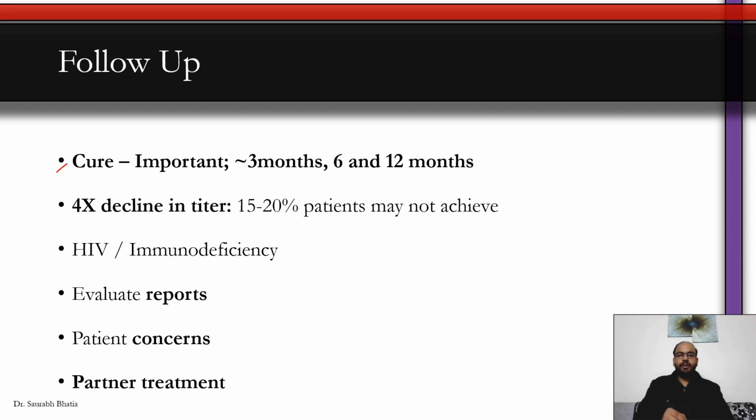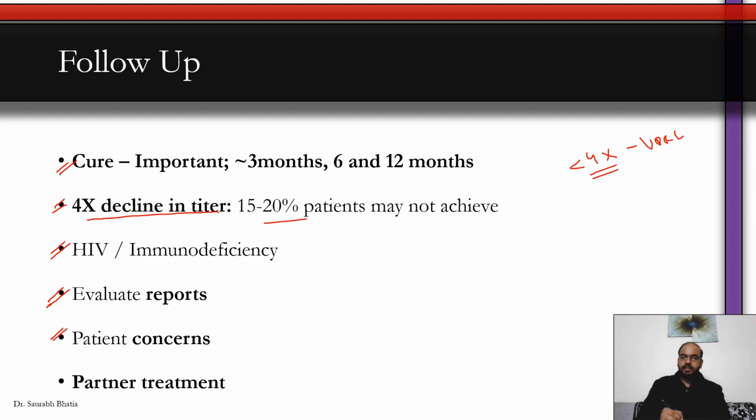Follow-up is important. You have to do the cure test to see if there are decreasing titers. If the titers have decreased by 4 times from the initial titer, and we're talking about VDRL titers, TPHA will unfortunately remain positive. So there has to be a 4 times decline in titer, but some patients might not achieve it. You have to look at the presence of retropositivity or any other causes of immunodeficiency running in the background, or else you will have a lot of relapses or progression to the tertiary stage, which is a very destructive stage of syphilis. You have to look at all the reports, the viral markers which you had sent at the primary visit,